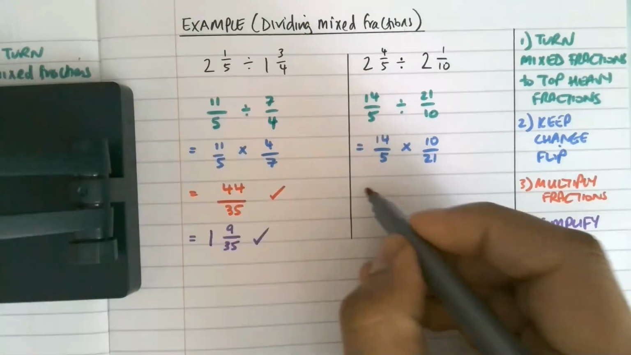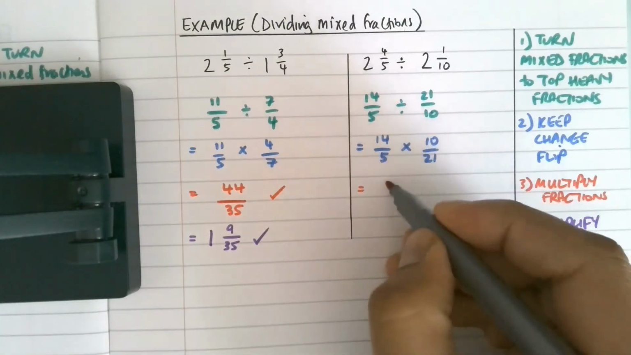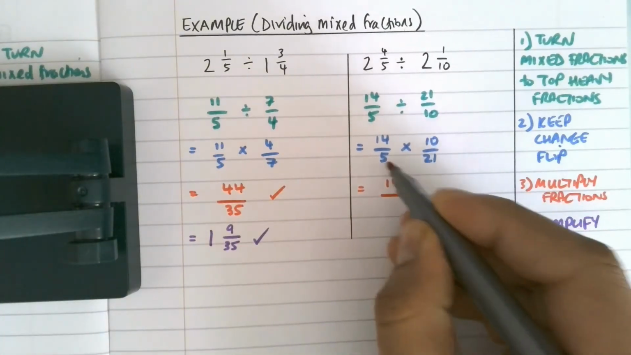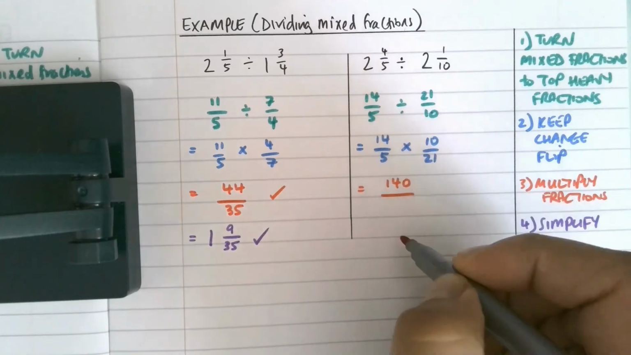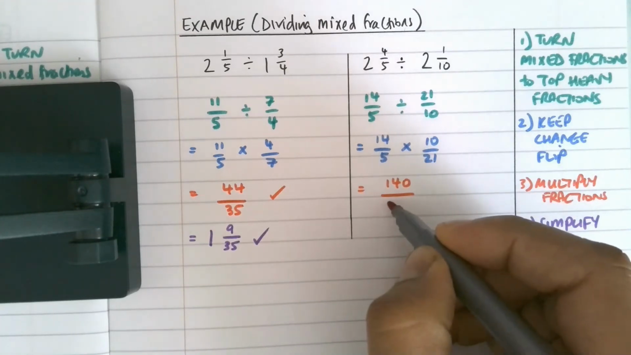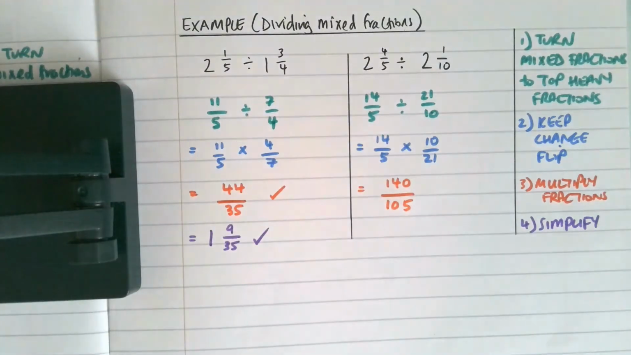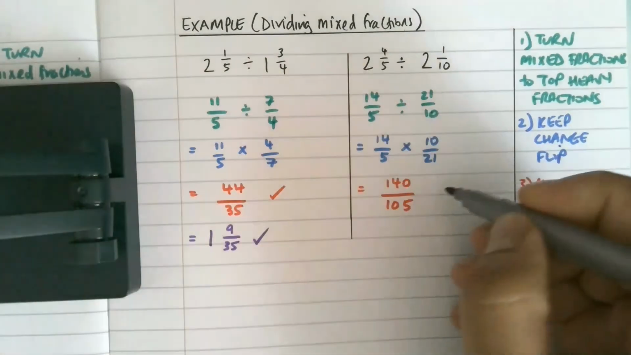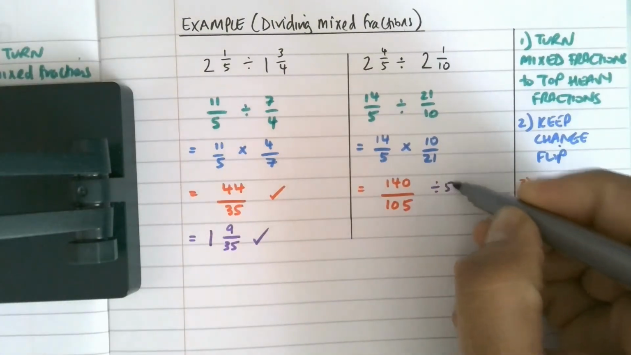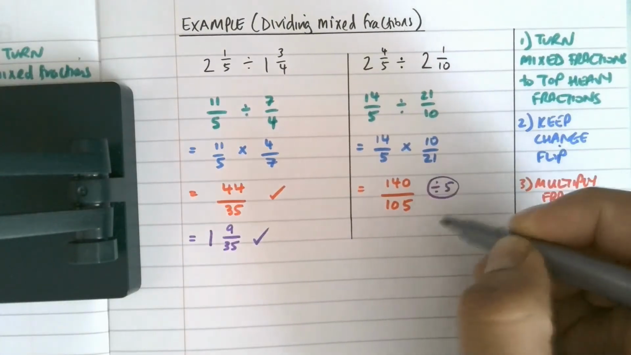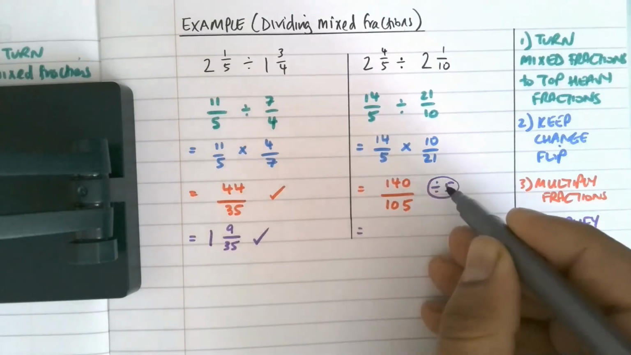And then the last step is to multiply the fractions, so 14 times 10 is 140, 5 times 21 is 105. And then we need to simplify, because we've got a top-heavy fraction and quite big numbers. We know that 5 is a common factor. There is probably a highest common factor, but we'll start with 5. And that breaks it down to 28